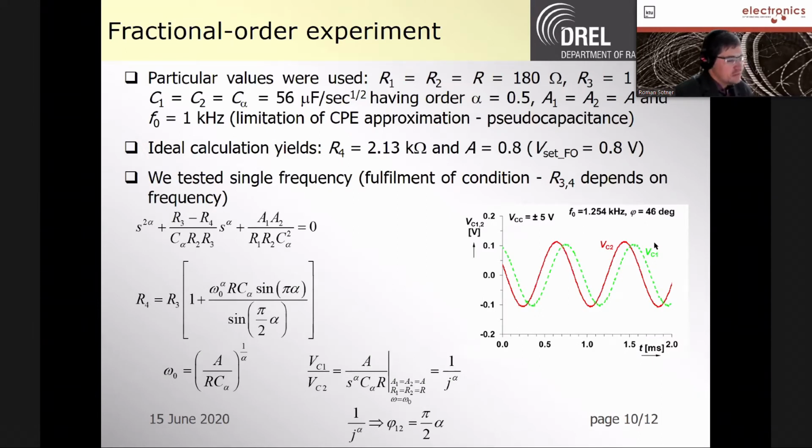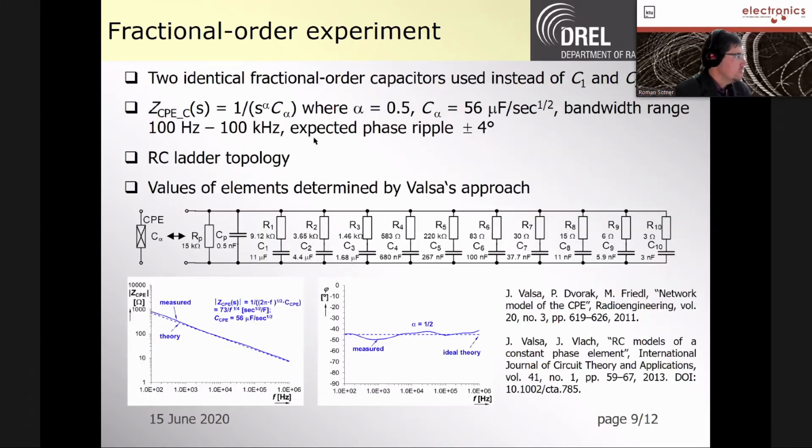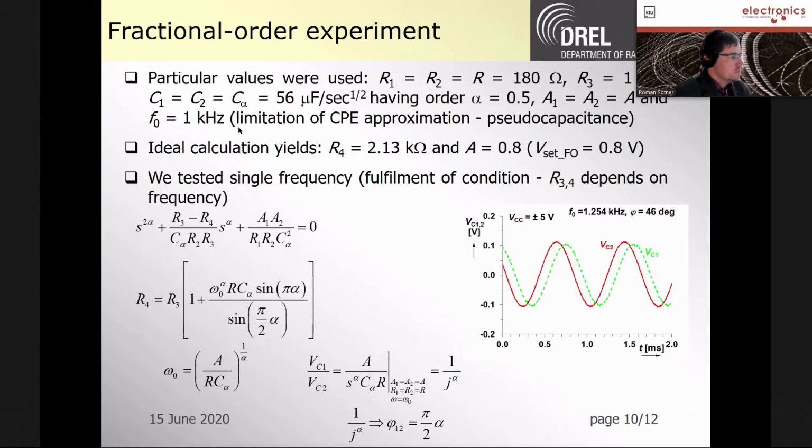We are applying the fractional order devices in our oscillator for the same values of the rest of the parts in this topology, and also for identical values of gains used for tuning, and we select, due to the limitation of the constant phase element caused by low impedance value, a new oscillation frequency. For this frequency, it was necessary to calculate new values of the gain and also a new value of the resistor R4, because this resistor is responsible for